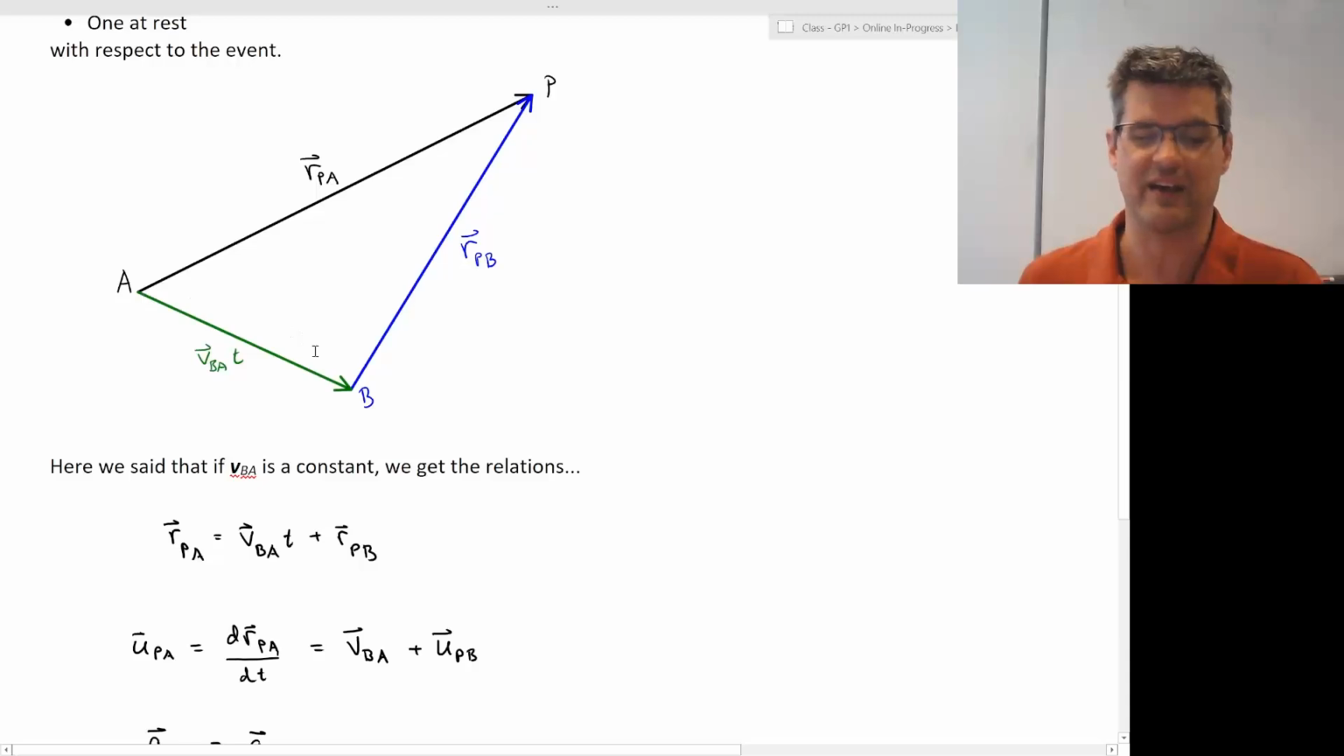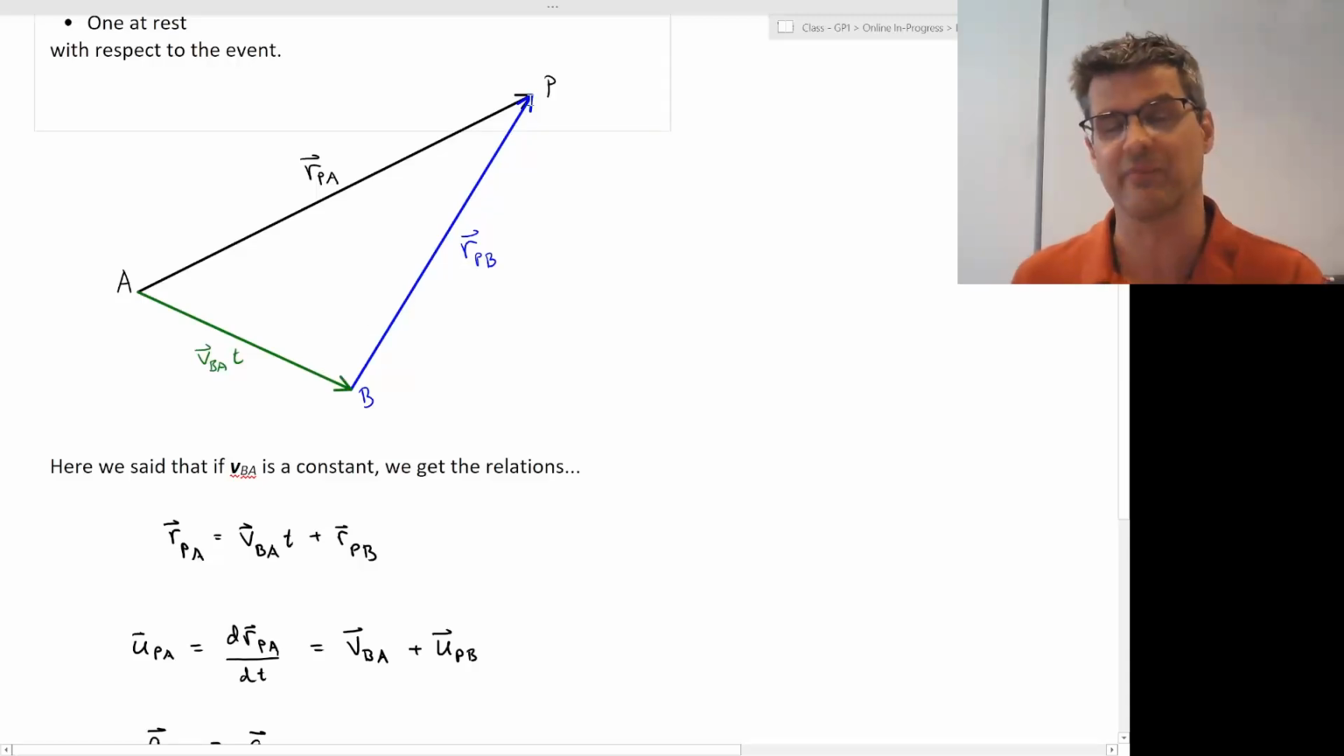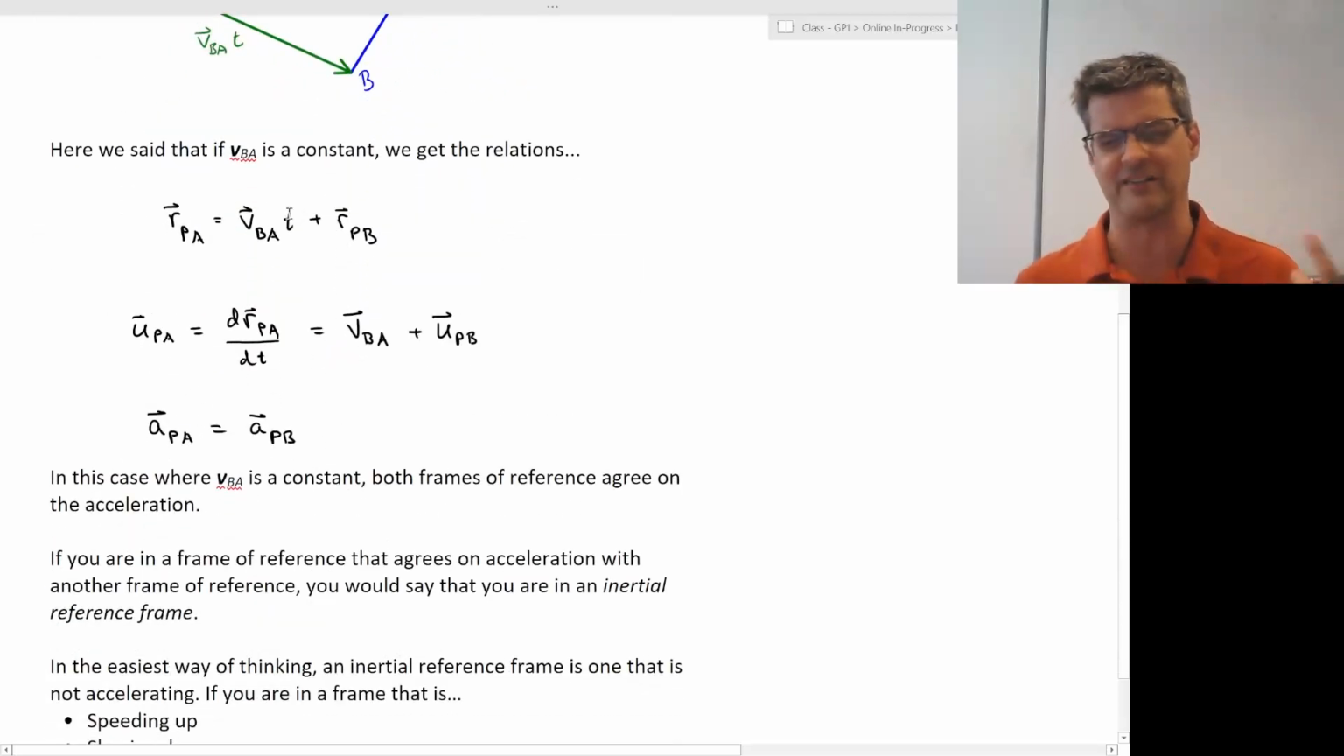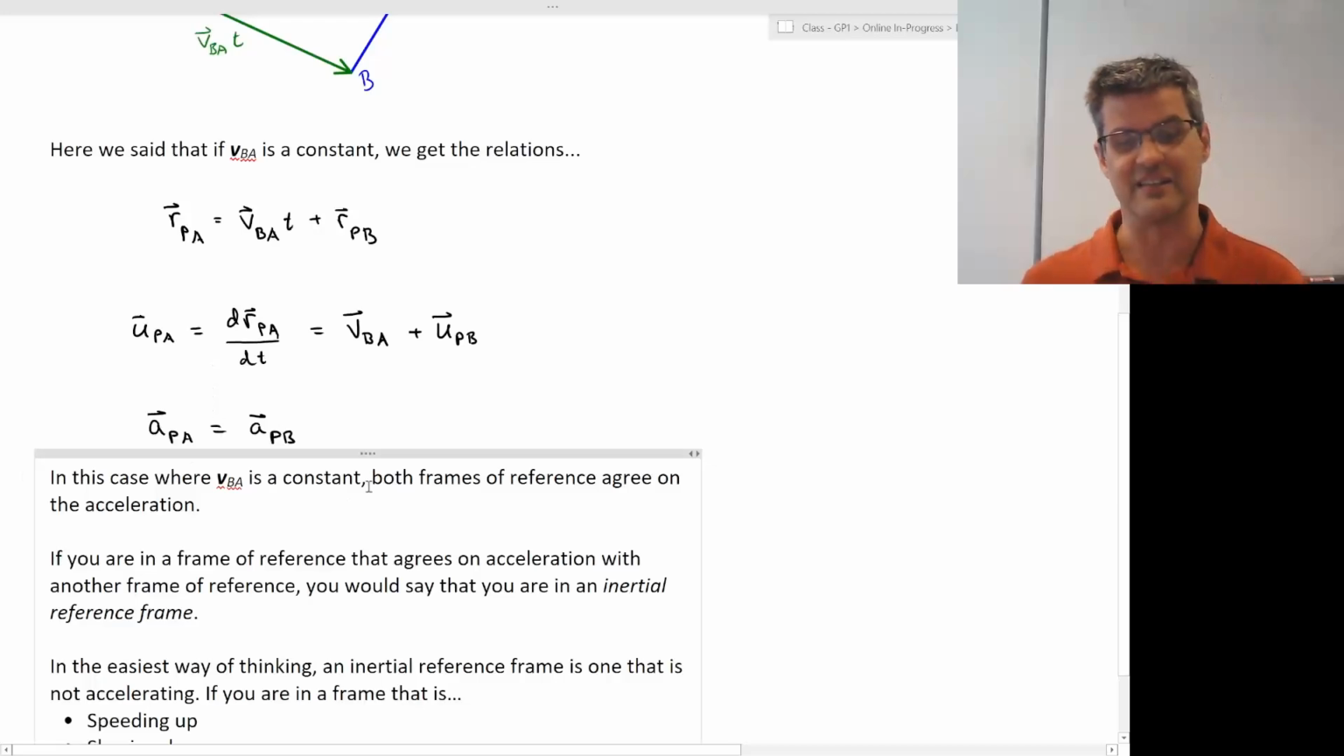So point A and point B can both look at point P, but if there is some relative motion between B and A, then A and B are not going to see P exactly the same way. And so we went through this whole process of figuring out how these two different observers would find point P, how they would see differences in velocity, and how they would see differences in